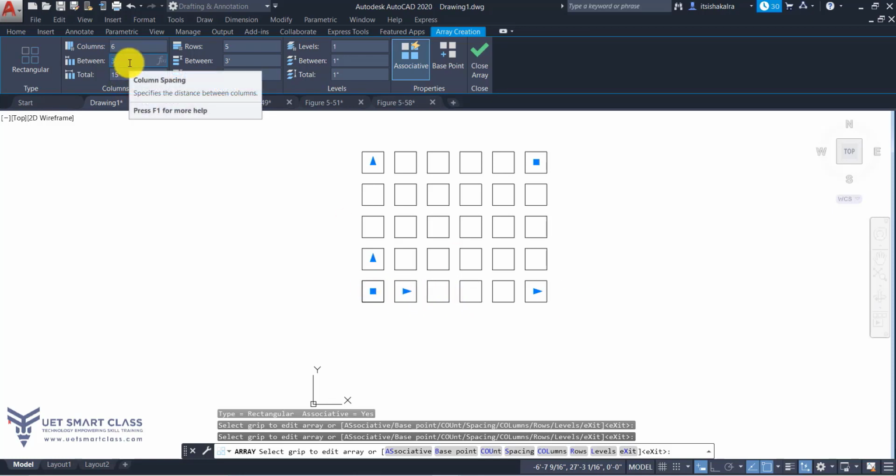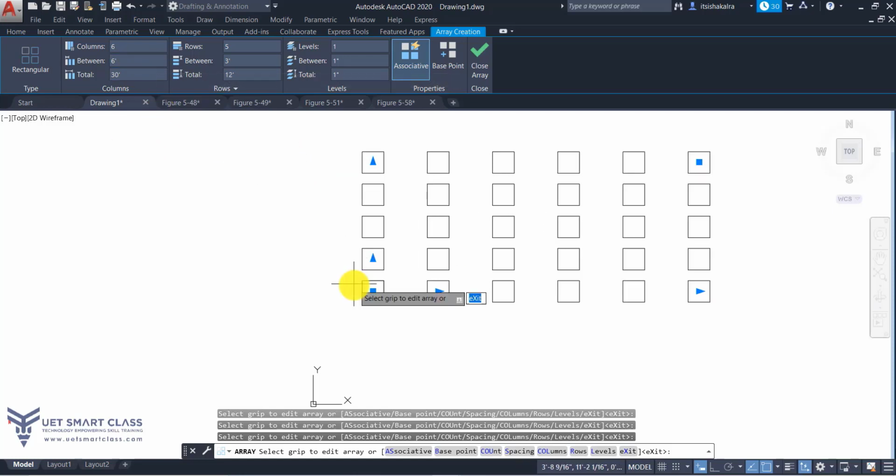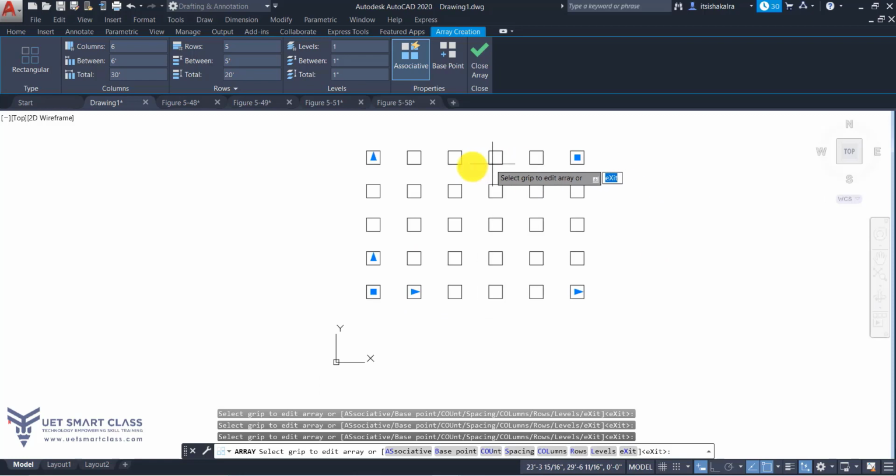So between the columns, now you have to calculate, your box size is 2 feet and you want a gap between both the boxes of at least 3 feet. So center to center I can give at least 5 or 6 feet. I give 6 feet. Okay, so now center to center the distance is 6 feet. Okay, and for rows I want to give 5 feet. So the distance between rows is 5 feet.